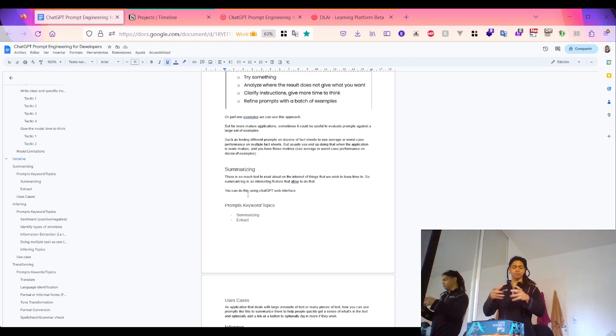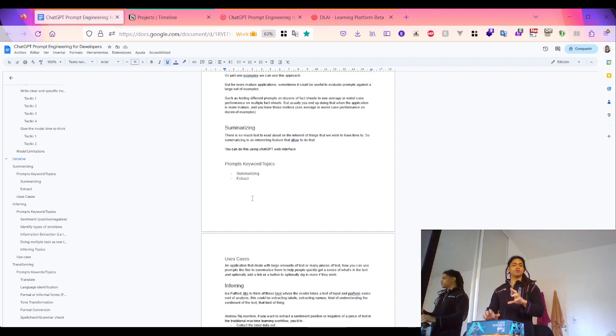This is something very important, especially in today's world, where we don't have the time to read important things or things that we like to read or wish to have time for. So using ChatGPT to summarize helps you vastly, and using keywords or topics for prompting. Prompt keywords and topics like summarizing or extracting, especially for a particular use case,